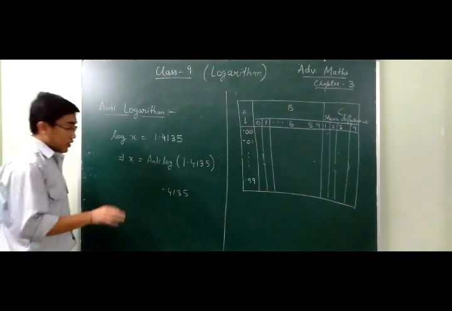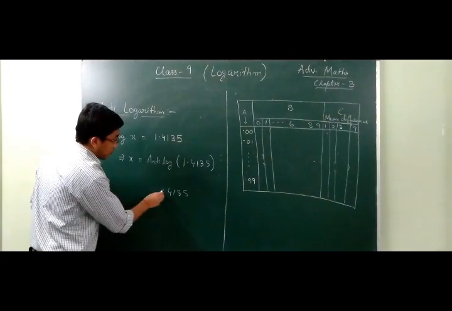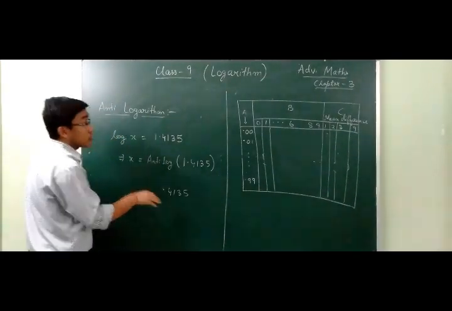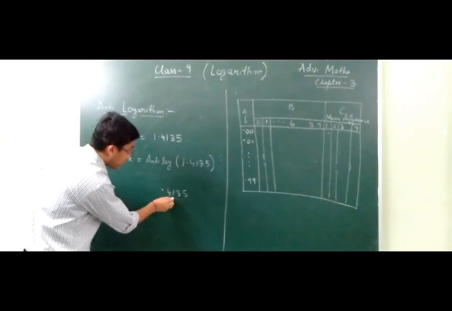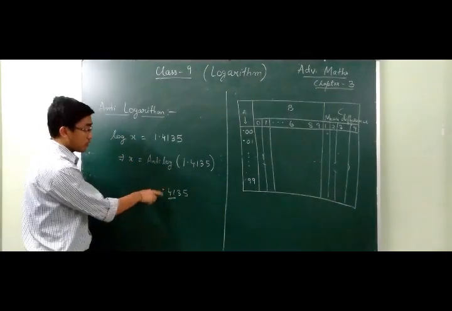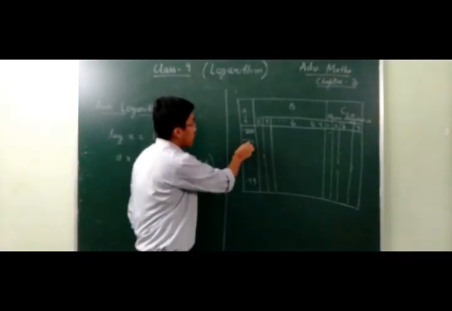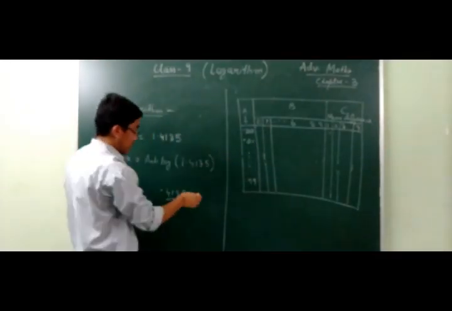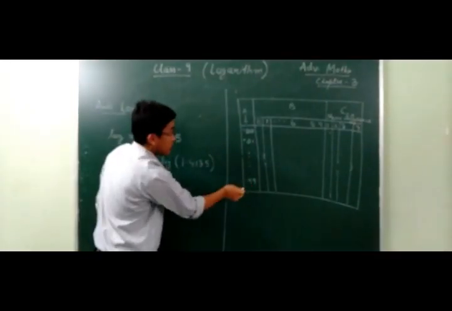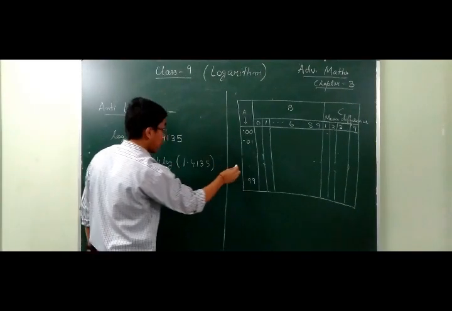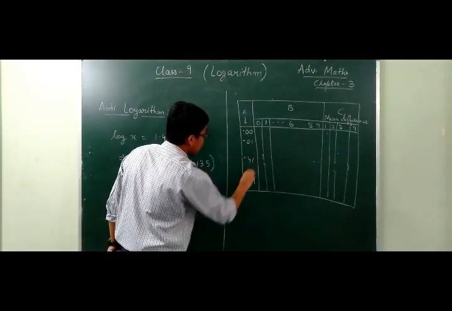Okay, now next what we do, we do the same process like the earlier one. First we take the first two digits after the decimal, that is 0.41. So from here 0.01, 0.01 in the first column, if you go down it, here is 0.99. So at some point you will get 0.41.